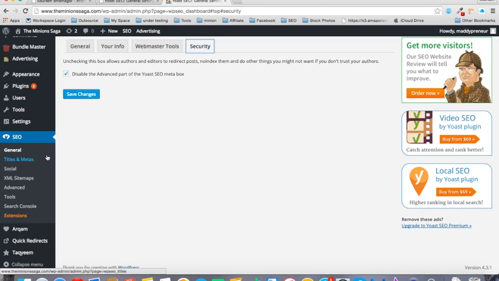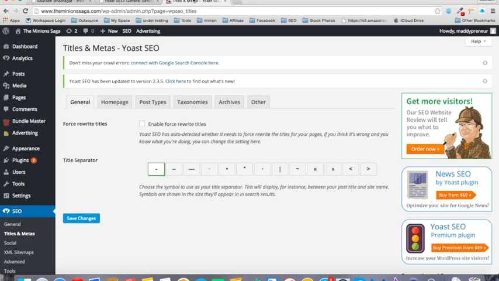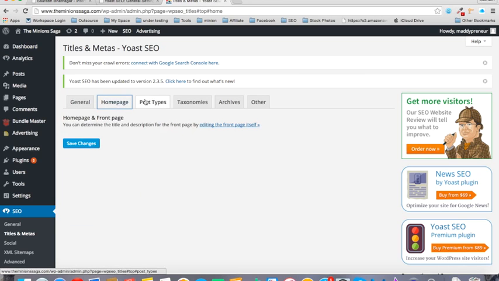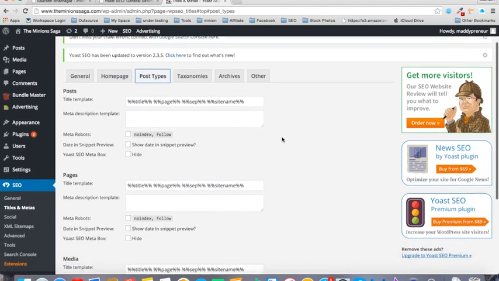security is good. Then you will move to the titles and metas, and this is a very important portion because you have many options over here. For example, you will select this title separator. This is good, this is cool, and home page is good. Over here